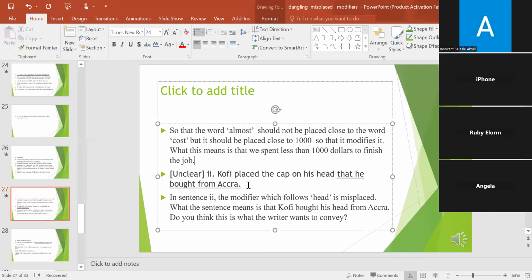Kofi placed the cap on his head, bought from Accra. In sentence 2, the modifier which follows head is misplaced. What the sentence means is that Kofi bought his head from Accra. Do you think this is